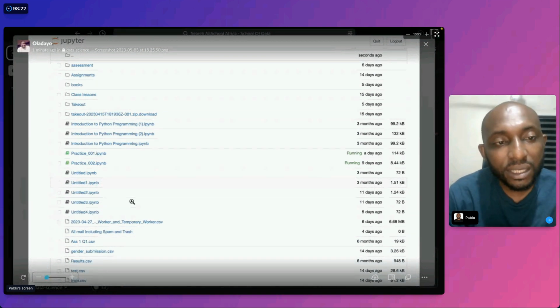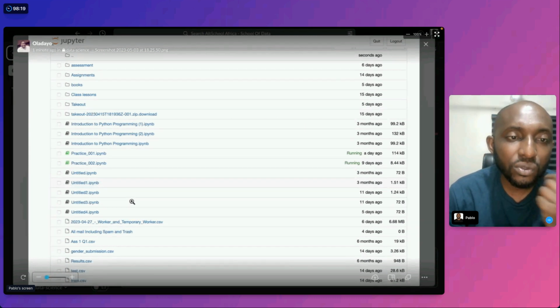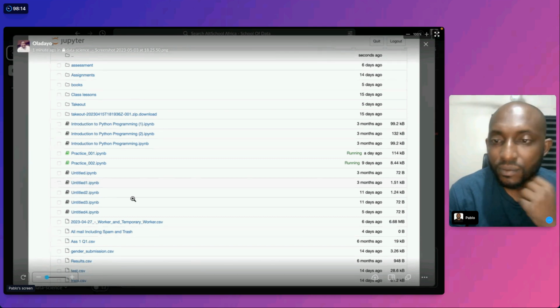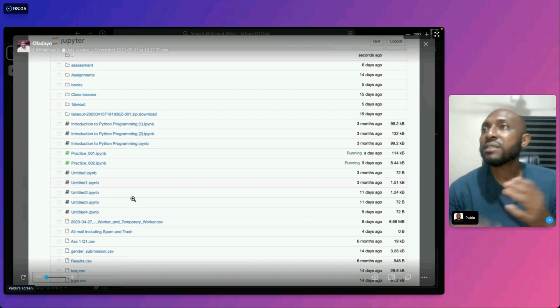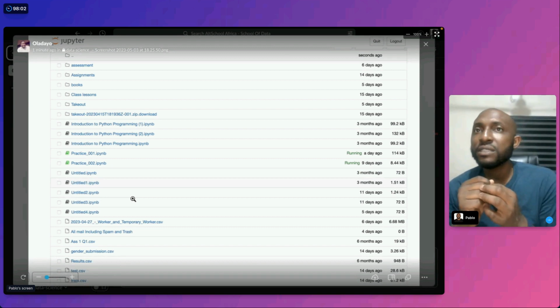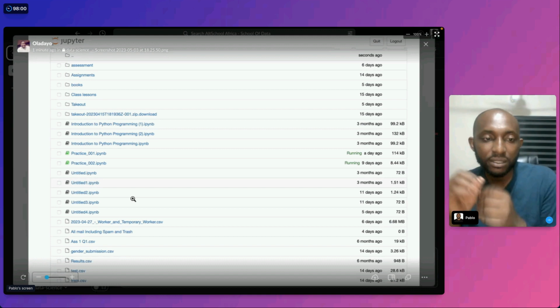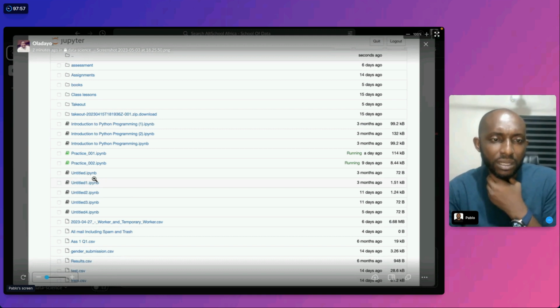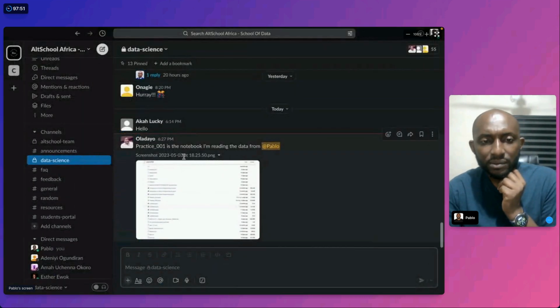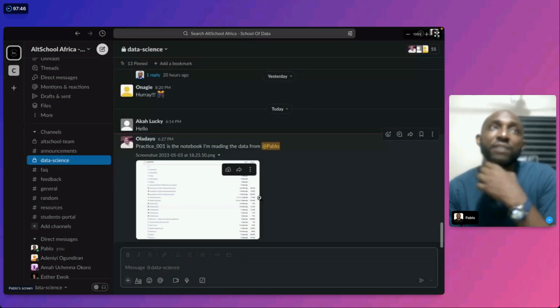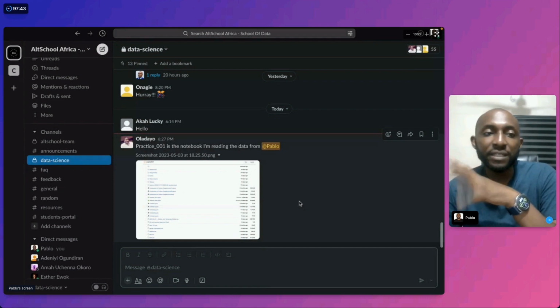Which of the takeouts did you use, the first or second takeout? The one that is in the zip folder. I would have loved to see it in your download folder where it is. I'm amazed that you're having issues with this, but it's the notebook I'm reading the data from. I just want to see the file itself, in your Finder.